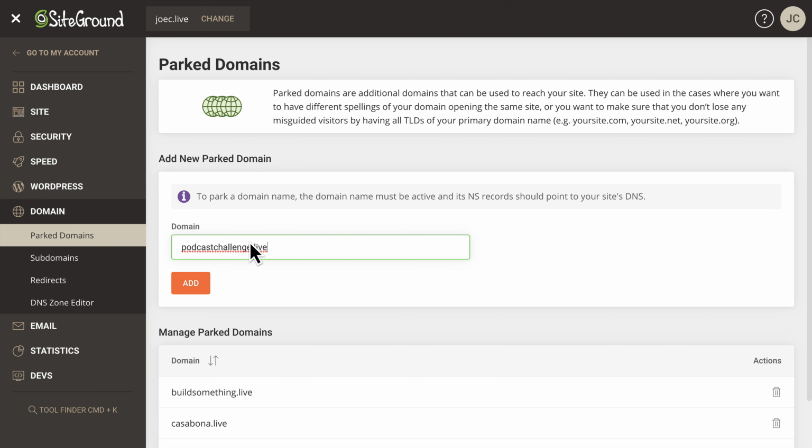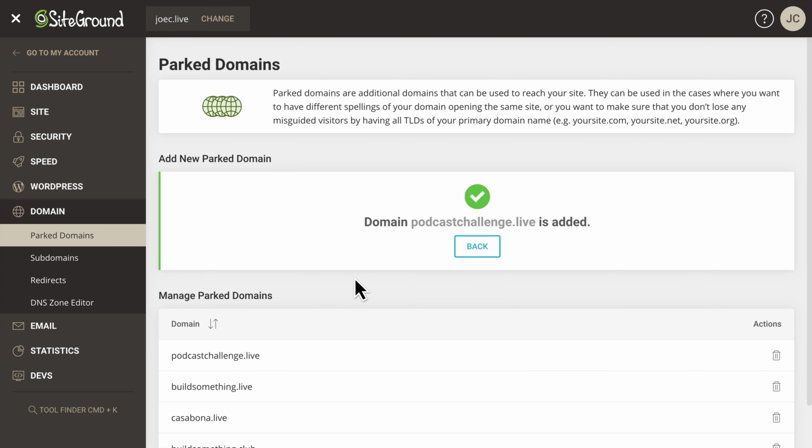I've never seen it take that long. And with relatively new domains that weren't pointing anywhere before that, it actually takes a lot faster. Updating the TTL could help. So I'm going to add that domain. And the reason that we want to get it pointed to SiteGround as soon as possible is because we also